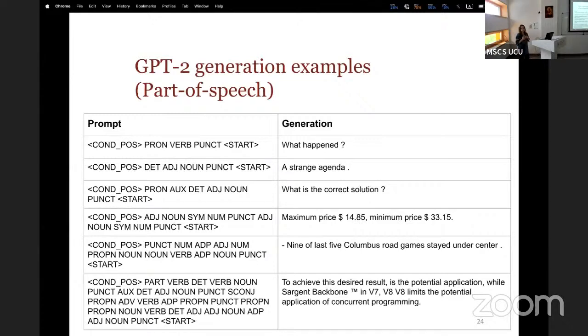Generally, we received very good results for GPT-2. We can see, for example, here are the results of part of speech, but I will show other models later as well. We can see that it can handle even some comprehensive things like symbols and numbers, and understand how to generate sentences with symbols and numbers. And it's believable, because we have 9 distinct measures, so it's not what it saw in the training data.